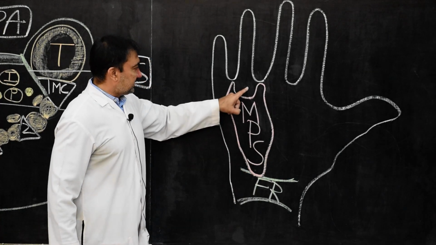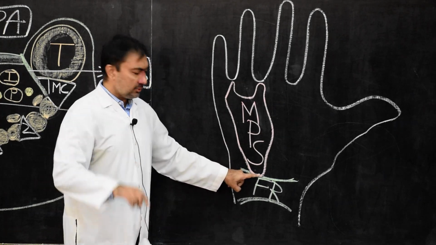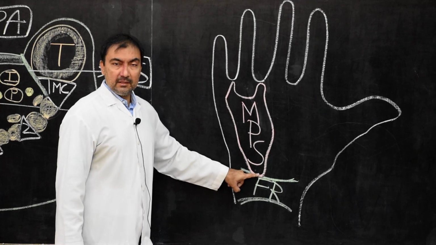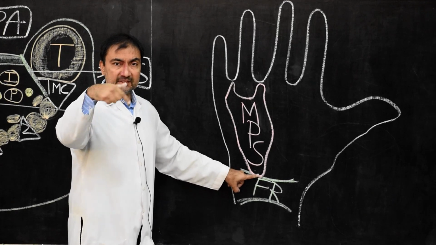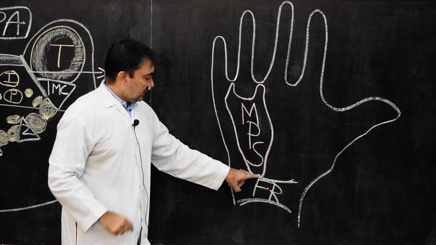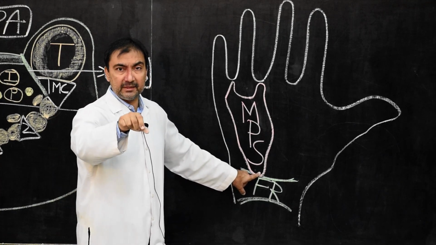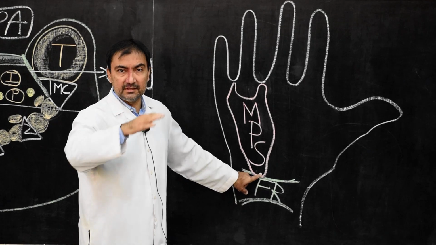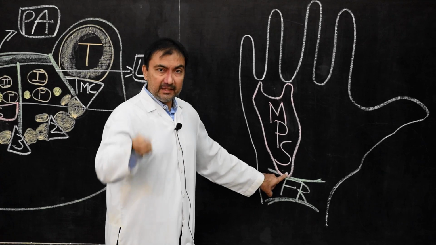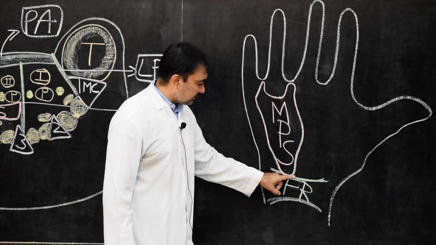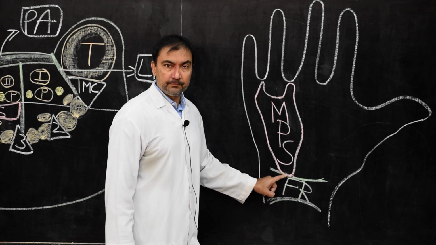Proximal boundary, distal boundary. Now the proximal boundary here is limited to the distal border of the flexor retinaculum in such a way that the parietal layer of the ulnar bursa, that we have discussed in the previous lecture modules, that is the parietal layer of the ulnar bursa or common synovial sheath, will fuse with the anterior wall of the carpal bones, and that fusion will take place across the distal border of the flexor retinaculum. So this is the proximal boundary of the mid-palmar space.